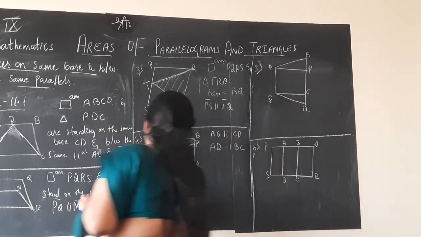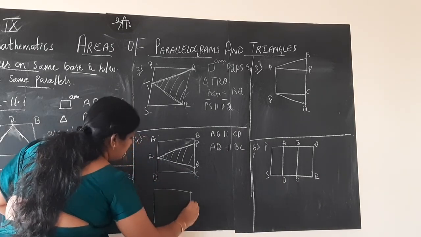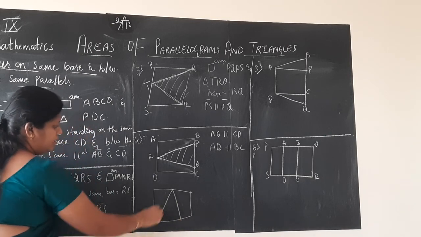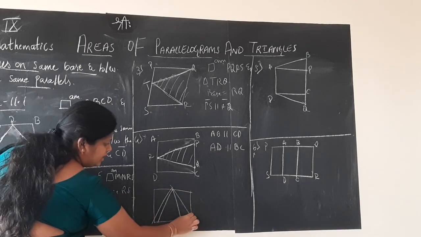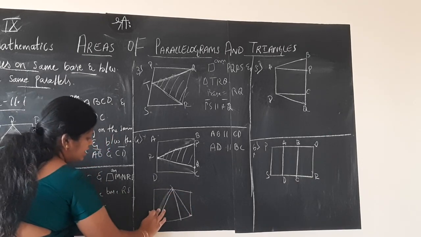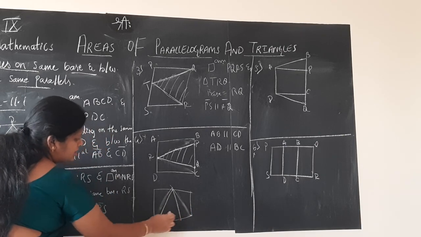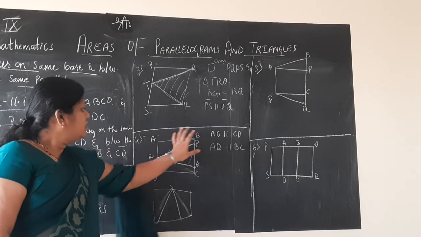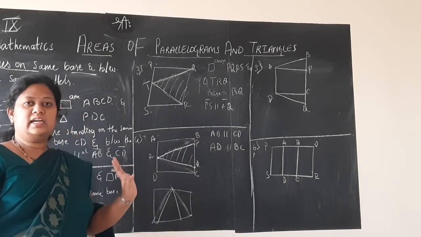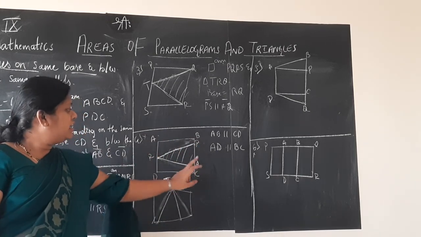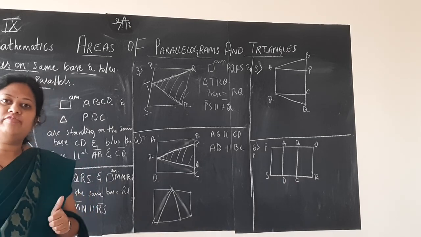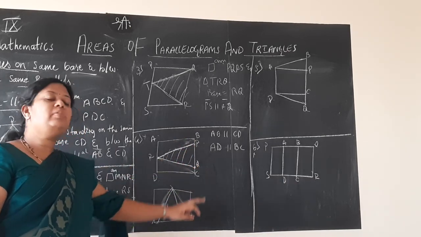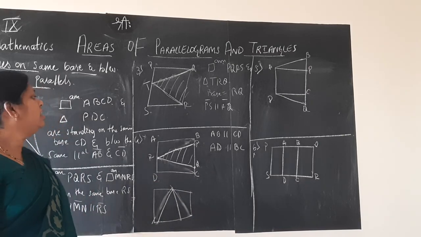It is like this. If you draw it separately, it looks like this. It is not touching here. It is not touching the vertex. Instead it is inside. In that case, we say it is parallelogram ABCD. When you consider triangle RPQ, children, what is the base of the triangle? You won't say it is BC. You say it as PQ, isn't it?